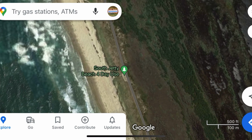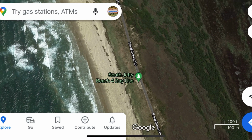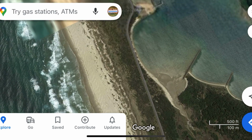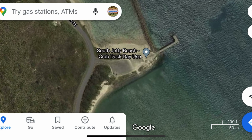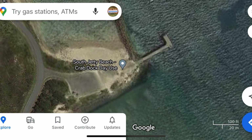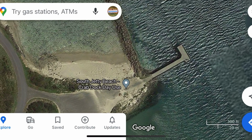I'll give you guys this tip here. If you watch this all the way through, number 4 is a super, super sweet surf perch fishing spot. There's a deep hole out there. But you drive all the way up to the vault toilets. You can see South Jetty Beach Crab Dock. You can park just right here in this little location. You can then walk out and fish off the...